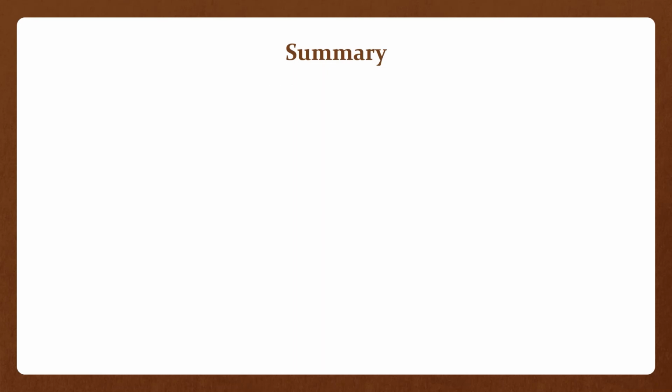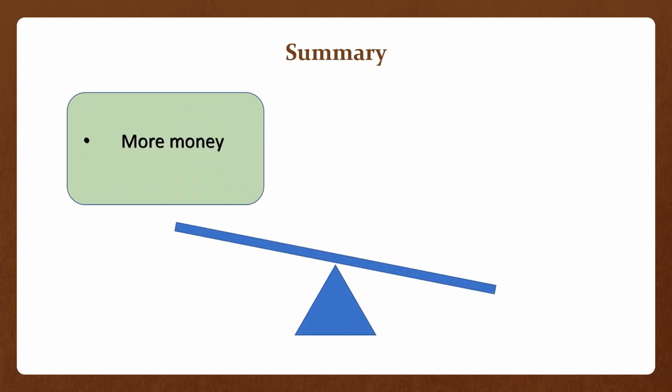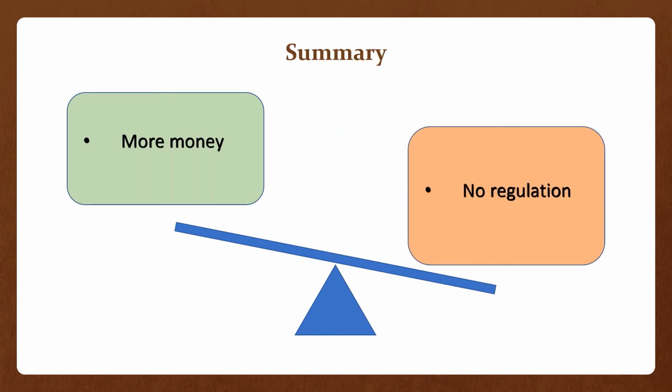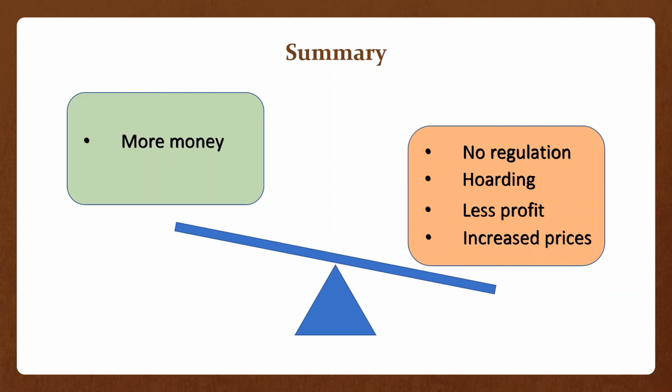Here's a quick summary of the Essential Commodities Act. The new Act will allow farmers to boost their income as items are not price regulated, so private firms would pay more for their produce. However, the new Act has no regulation of the household essentials, which have been removed from this list. Therefore, there is a high risk of hoarding. If the private companies hoard produce, they have less demand for the goods, which may mean less profit for the farmer and increased prices for the consumer if they perceive supply to be low.